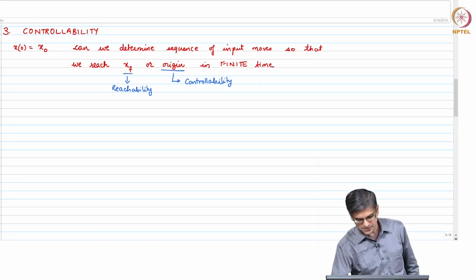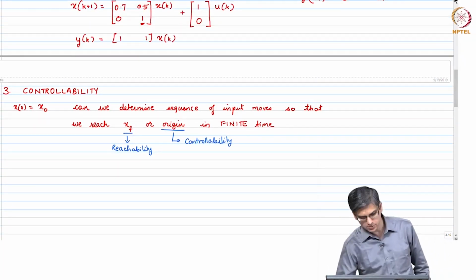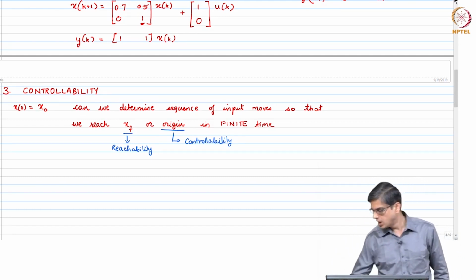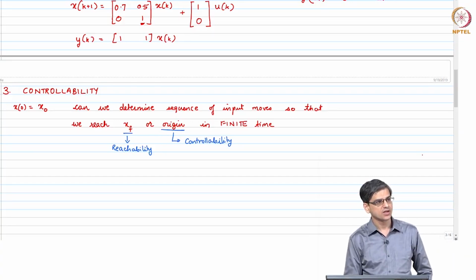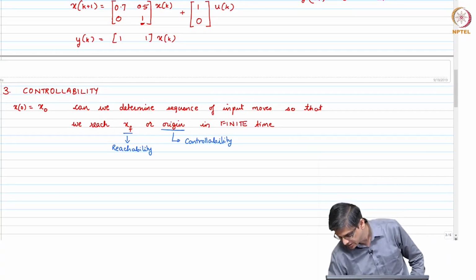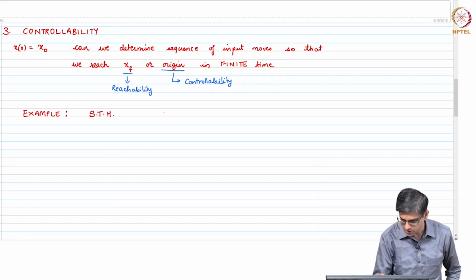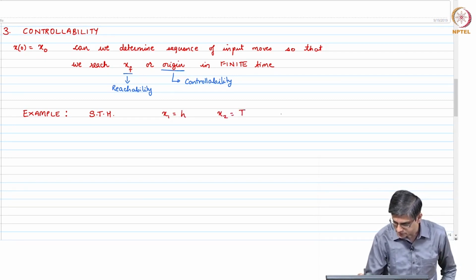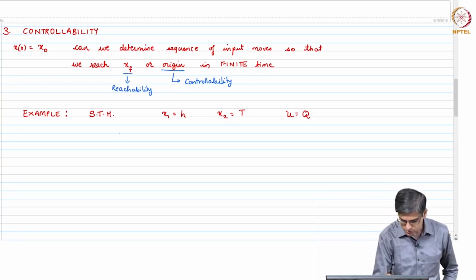Okay. Let us take the previous example. Let us not worry about the output part. This previous example is kind of related to the example that I talked about, the stirred tank heater. Let us say in our stirred tank heater, our x1 was height, our x2 was temperature, our input was the heater. So, you will have